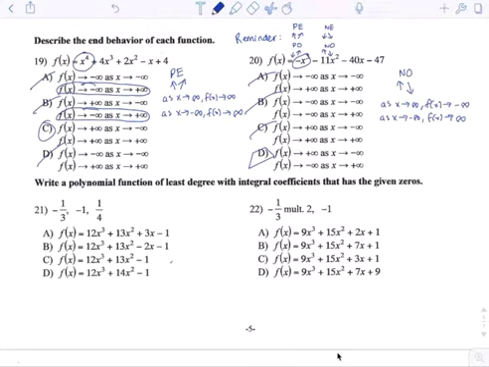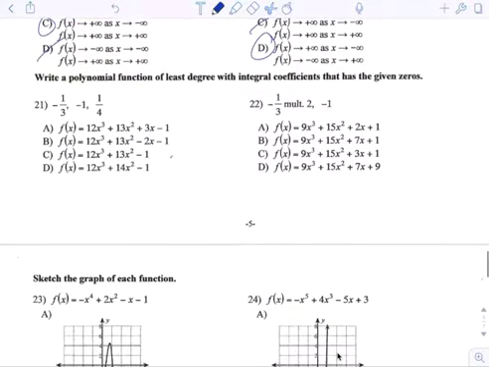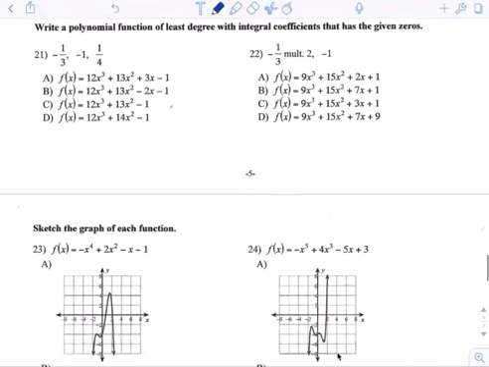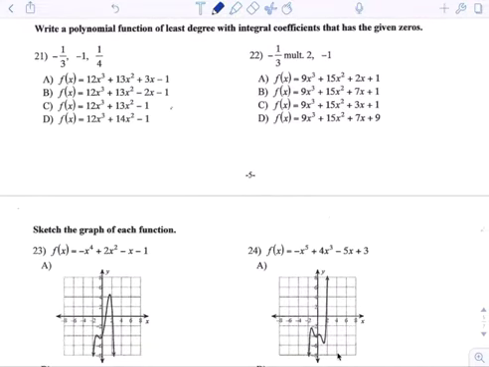Here's number 21 and 22. Okay, so for this one, a couple ways you guys could go about this. Well, these are zeros, right? So basically,